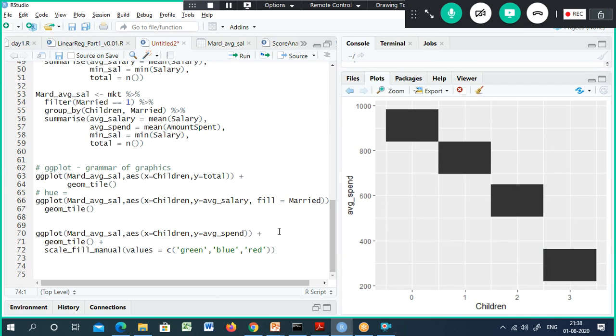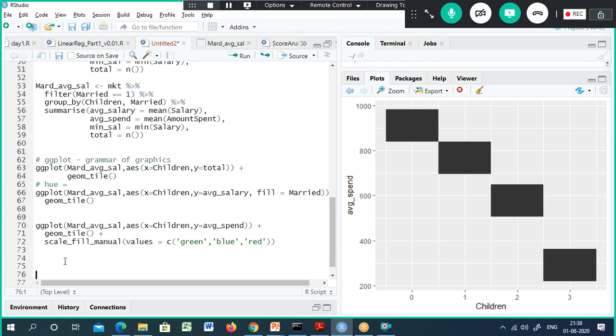But the color is not coming out. Don't worry. We have some other option. I'll show you later, because if I explain more, you will get confused. At this point, you just try to understand how to plot the data at a basic level. That is more than sufficient. Next, we have another case study. In that, I will show you how to plot the color and everything. Okay, fine. So this is how.